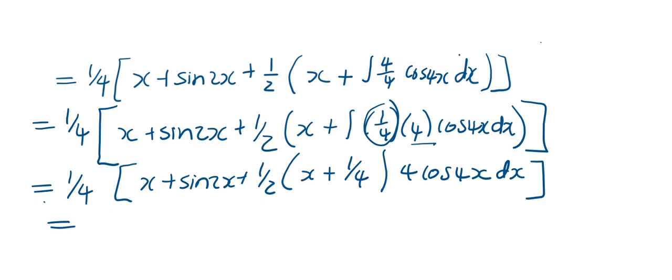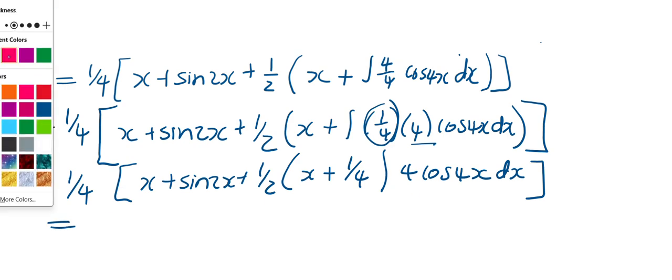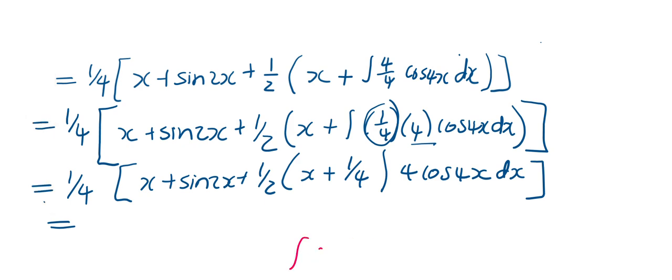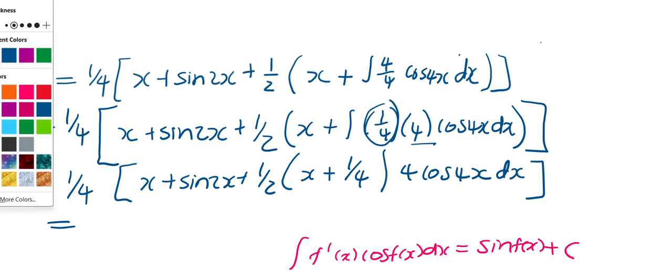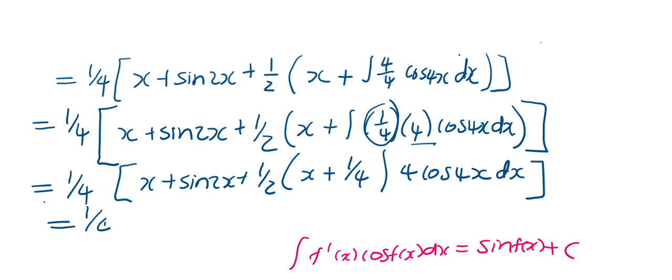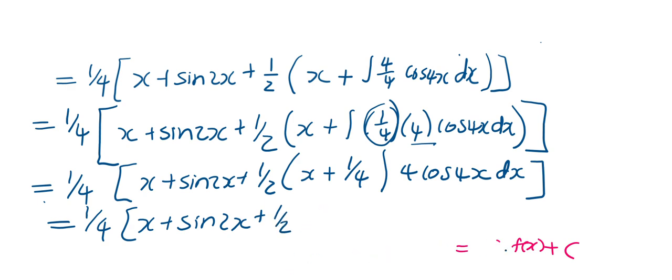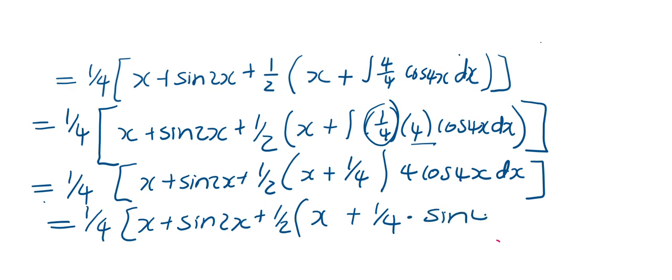Now from here, we can see that we can apply that formula. Remember that one. It says the integral of f'(x) cos(f(x)) dx is equal to sin(f(x)) plus c. So then we can do that. So this is 1/4 (x + sin 2x + 1/2), plus 1/4 times now sin 4x,